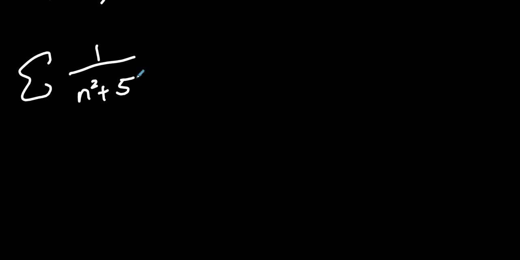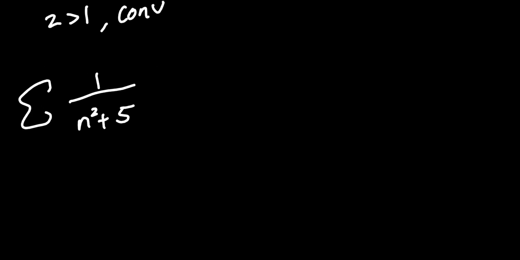So the idea is that you have a series like this. You have a series 1 over n squared plus 5. So if you get rid of some of the noisier components like this 5 right here, it's very similar to the series we had up there of 1 over